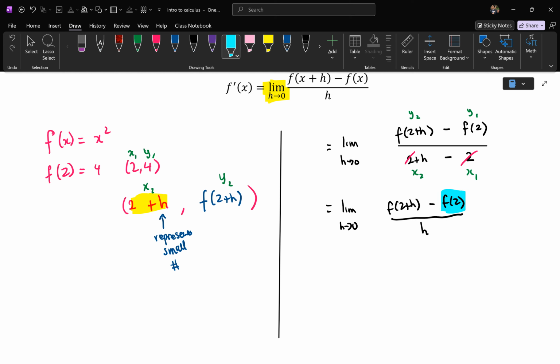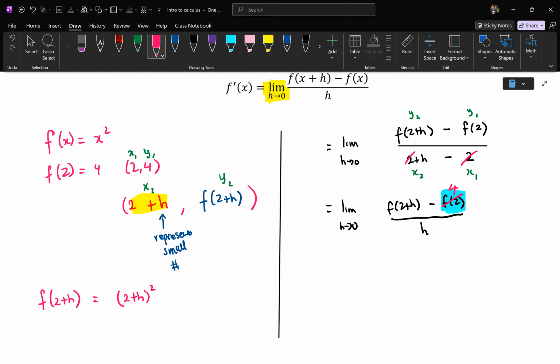What's f of 2 again? That's the y value when you sub 2 into the equation. 4. So this one should technically be 4. Now let's work out what f of 2 plus h is. Let's write it on the side. f of 2 plus h just means you're substituting 2 plus h into the equation, and it should be